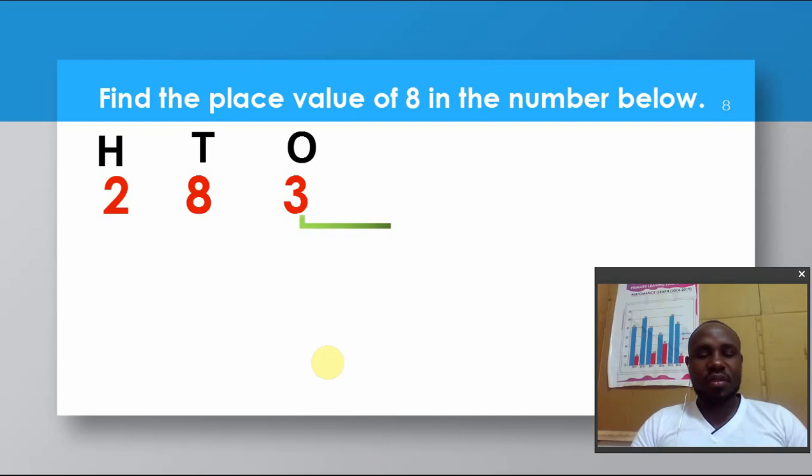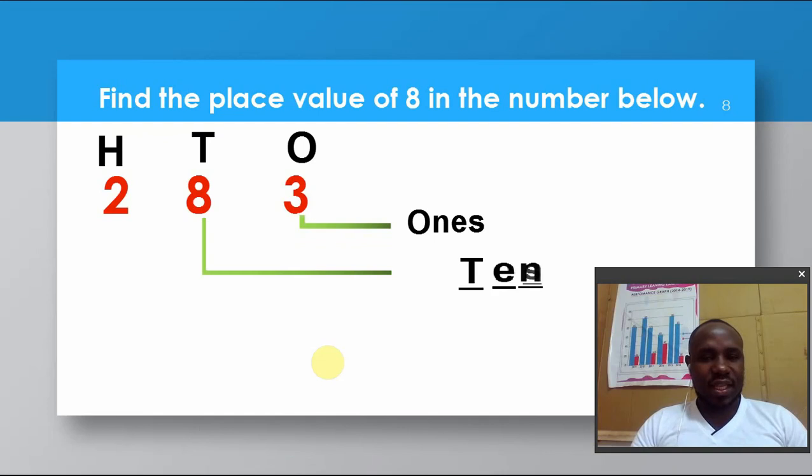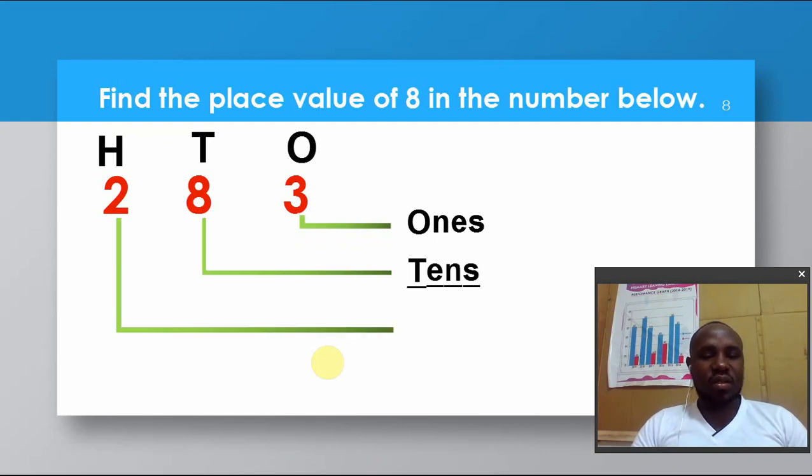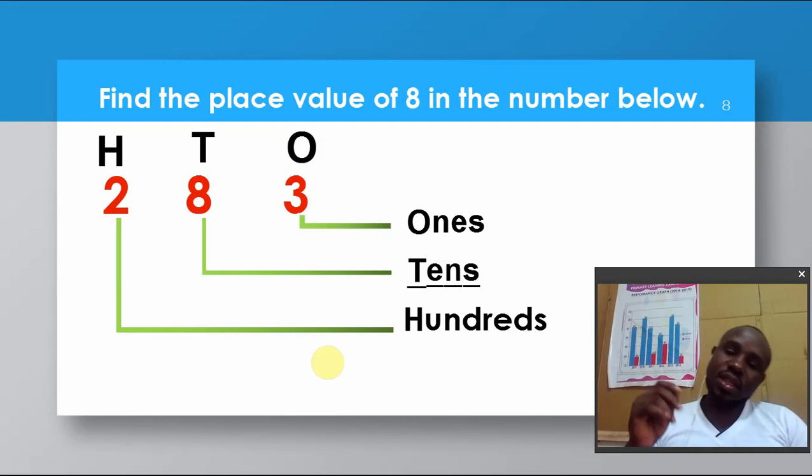The place value of 3 is ones. The place value of 8 is tens. T-E-N-S, tens. Then the last one is hundreds. They are saying thank you very much for giving the place values of all the digits, but